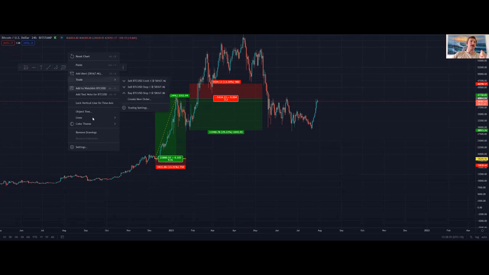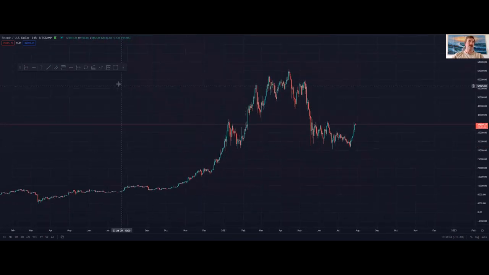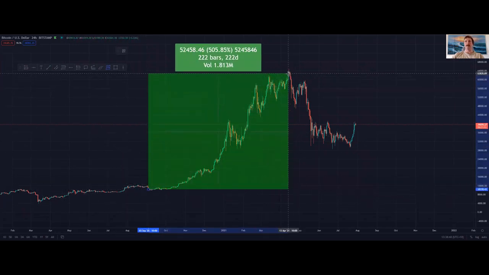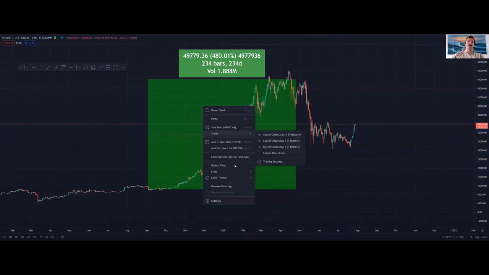How it improves your win rate, we can show by, if we look at, it was about here that we turned bullish, and it was here that we turned bearish, right? Or didn't turn bearish, but we lost our bullish bias. So that was about 234 days, all right? Over the course of that